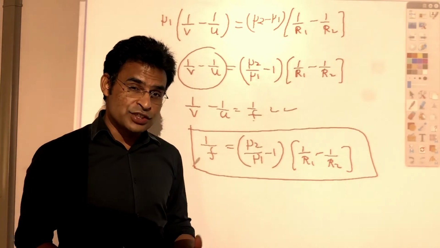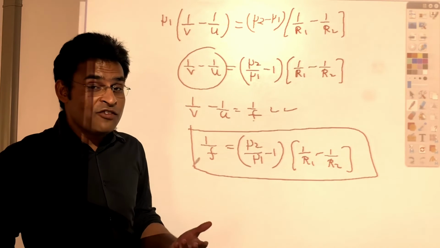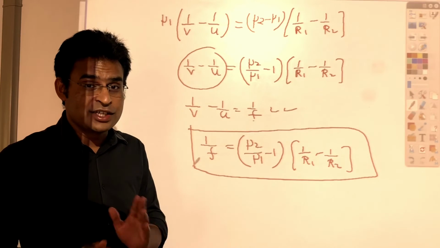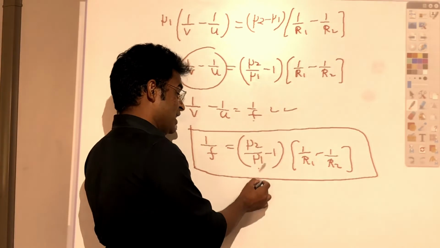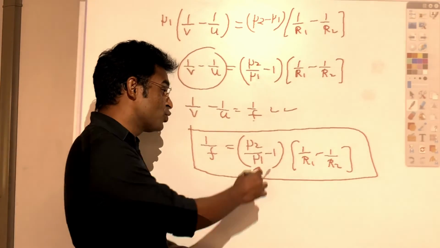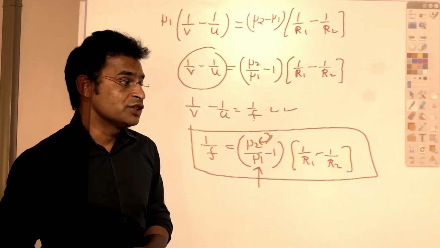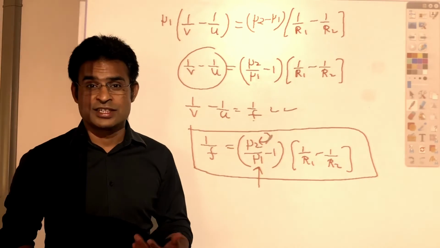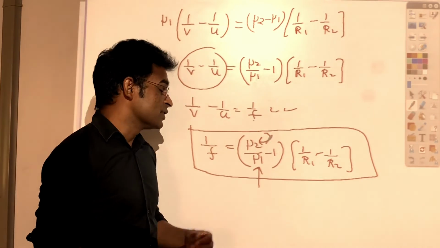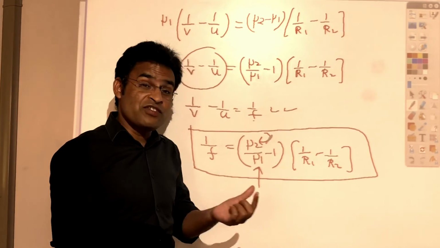How do we make a lens using this formula? If you are making any lens, you have to decide in which medium a focal length of 20 centimeter or 30 centimeter should be there. It means you have to decide mu1. mu1 is the refractive index of the medium, and mu2 is the refractive index of that material. Whatever material you can make a lens from, water, glass, or some other thing, diamond or anything else, mu1 is the refractive index of the medium and mu2 is the refractive index of the lens.